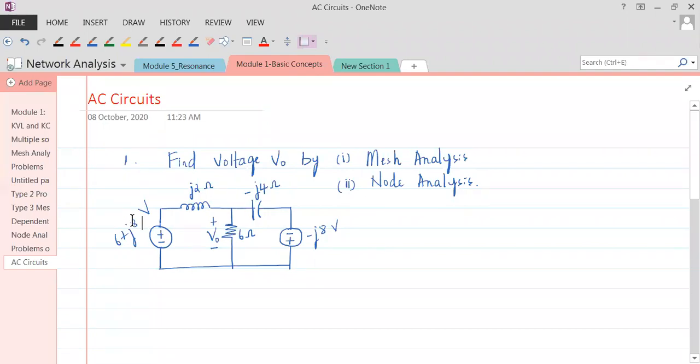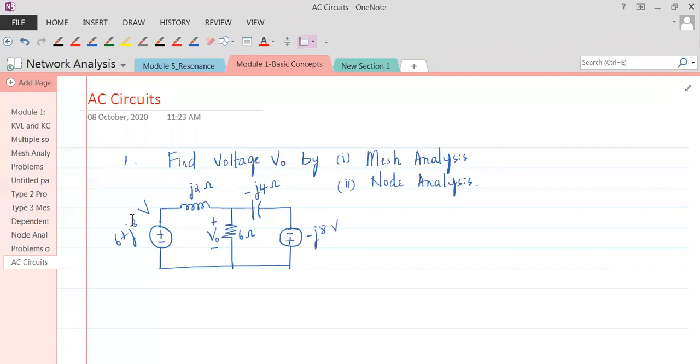Another challenge for me is that I'm not there to handle the calculators and teach you calculators in an effective manner. But no worries. Yesterday, when I was dealing with the problems, I gave a small introduction to your calculators when it comes to the complex domain. There is an option called complex, CMPLX, which you will get if you keep on pressing mode. You should be in that mode.